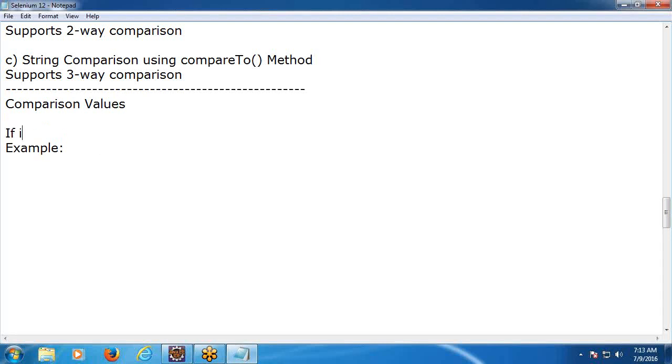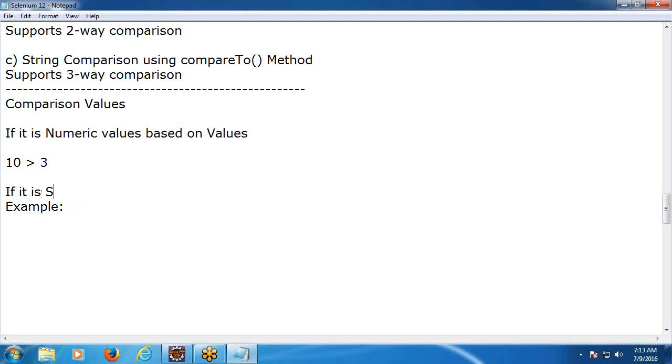Suppose if it is numeric values, the comparison is based on values. For example, 10 greater than 3. Which one is bigger? 10 is bigger. How can you say? Based on value, 3 and 10, 10 is bigger. Next, if it is string type values,